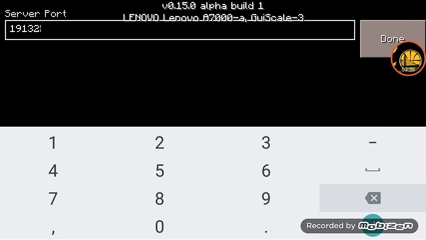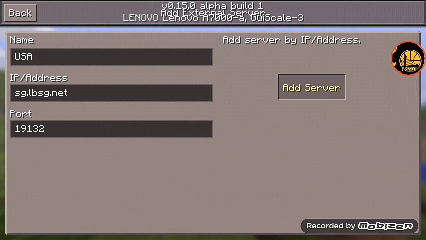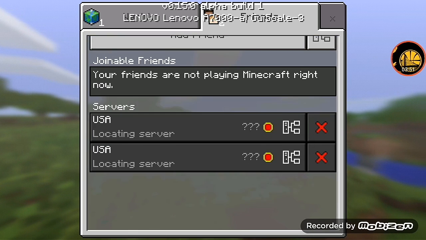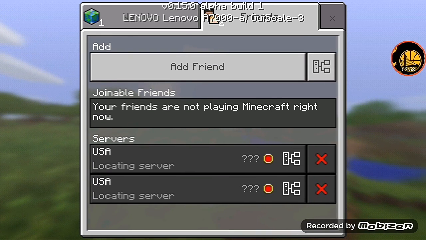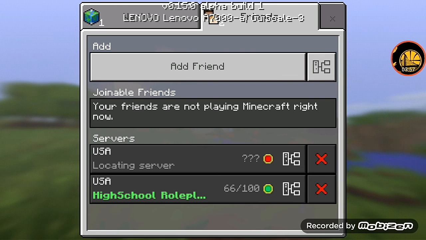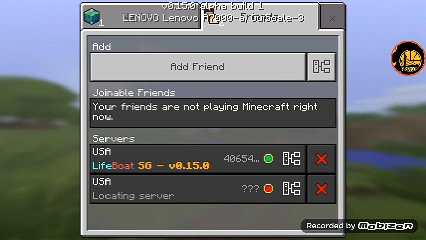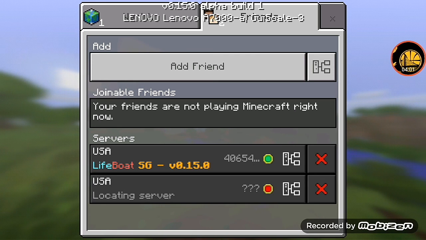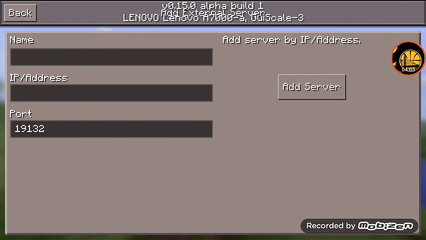The port is the same number, 19132. Then let's see if this works. It's loading. Yeah, it works.